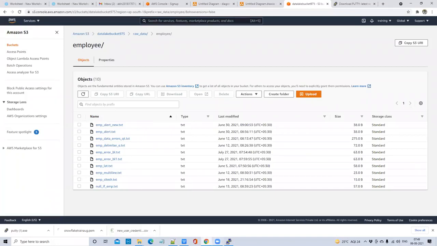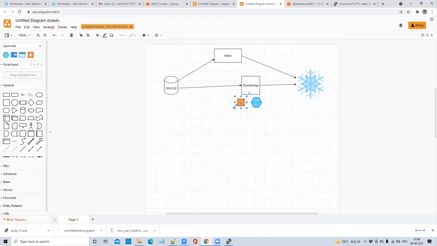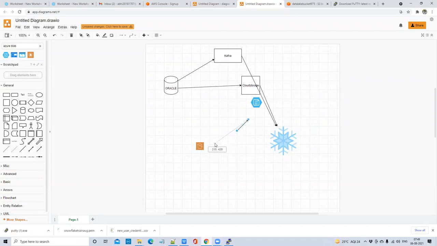So there is a process to establish the connection between Snowflake and S3. There are some approaches to establish a connection between the S3 bucket and Snowflake. But before discussing this topic, first we will establish a connection between your S3 and EC2, the machine I have used.